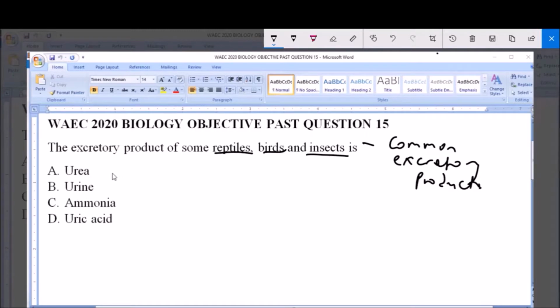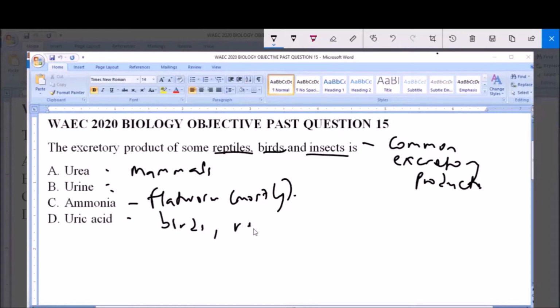Now, urea and urine are more or less known with mammals. So mammals are known for excretion of urea and urine mostly. Urea is part of the component of urine. Now, ammonia is excreted by the flatworms mostly. However, uric acid is excreted by birds, reptiles, and insects, irrespective of their various different excretory structures or